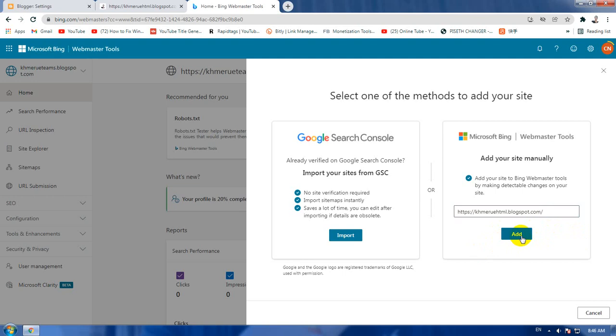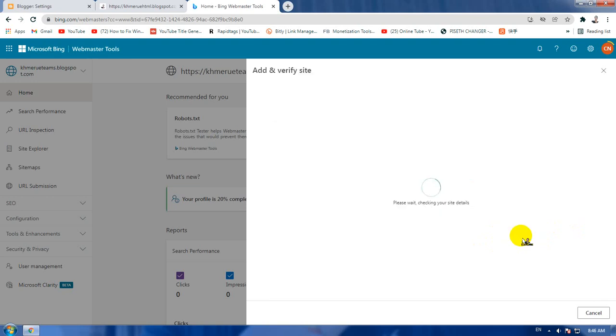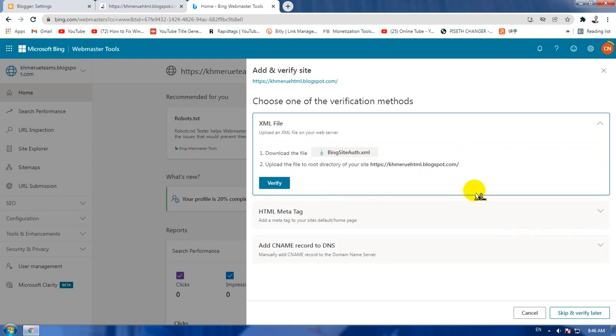So go ahead and click add here. After add, you will see this page appearing. So you need to do one more step by HTML or verify